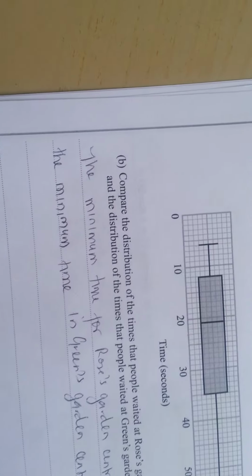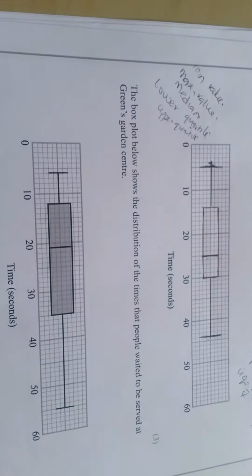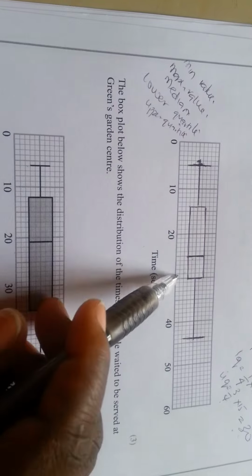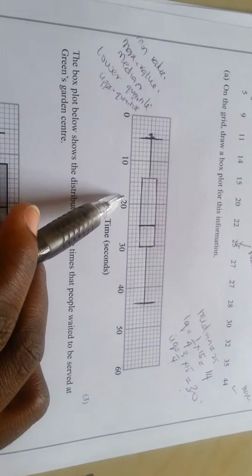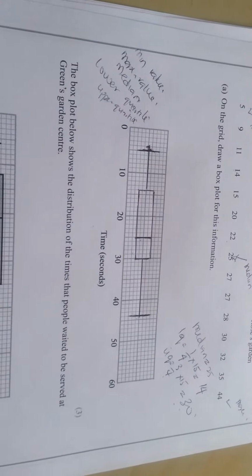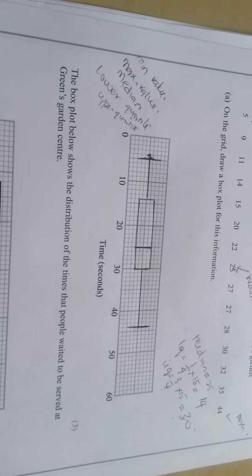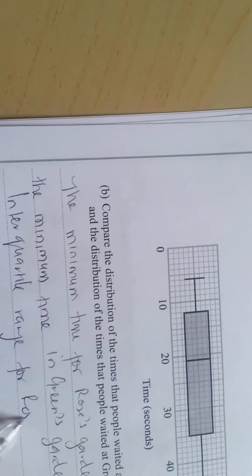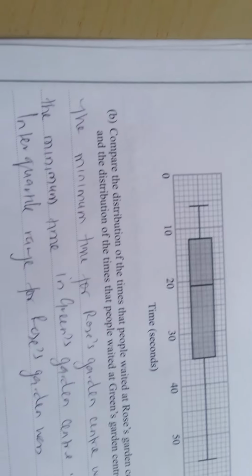Now again, you can just talk about the interquartile range. Interquartile range is upper quartile minus lower quartile. Our upper quartile was 30 and our lower quartile was 14. So you can just say the interquartile range for Rose's Garden was 16 seconds,